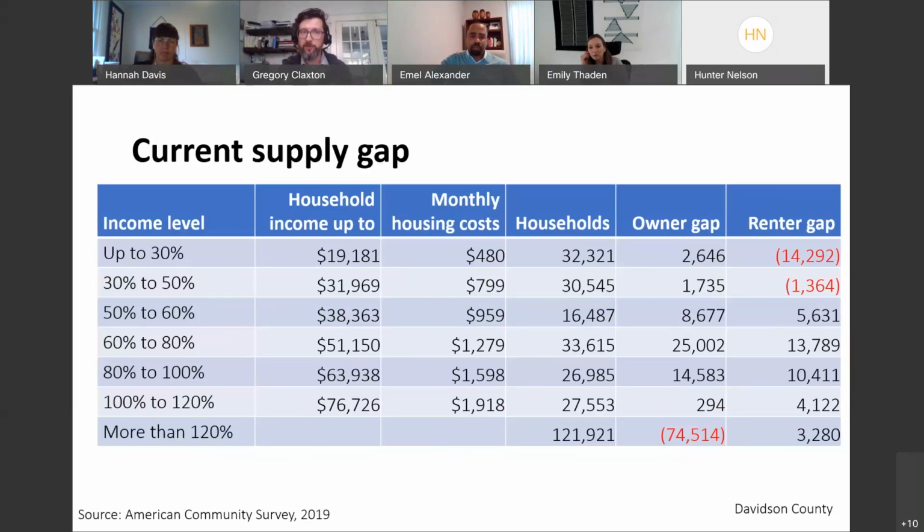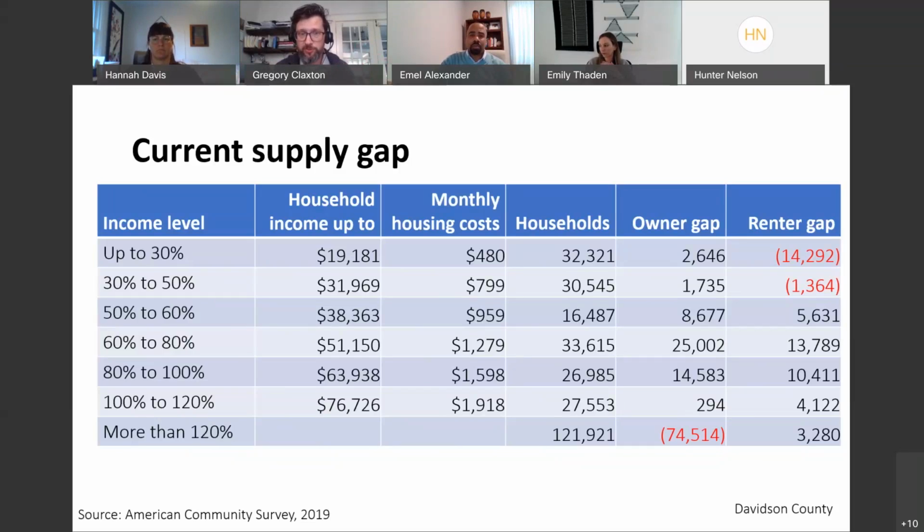On the up to 30% or 30 to 50%. But really that's reflecting that there's just a high barrier to entry on the ownership side. So you've got this enormous rental need for folks who currently can't cross over. One of the things we're working on is how to explain that in the document itself. By and large, this ought to be consistent with what we've looked at before, though.